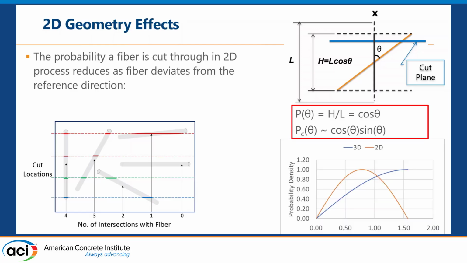So the plot here basically shows the distribution of the fiber angles from 0 degrees to 90 degrees for a 2D analysis and for a 3D analysis. So we will expect some differences between a 2D and 3D analysis using the same fiber alignment,